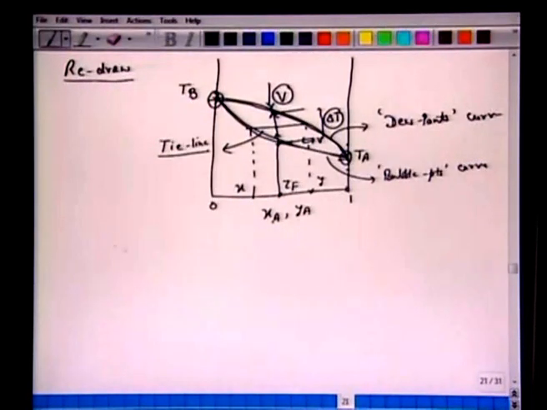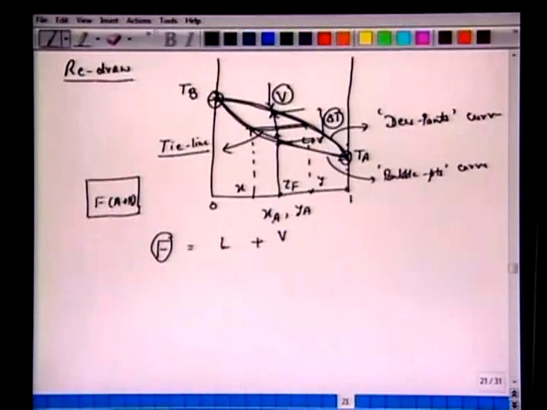Okay, so if you are doing this batch experiment and start with some feed of A plus B, at any time we can write that F equals L plus V. All right. So at any instance between here and here, the feed has two phases. Initially we had 100 moles. Now we are saying that part of this 100 moles is in the liquid phase, and part of it is in the vapor phase. So we can make a material balance to say that F equals L plus V.